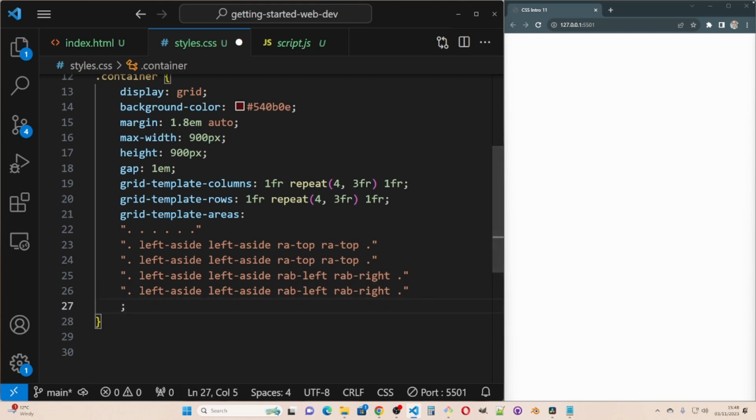At the bottom it's the same as this, so I copy that,